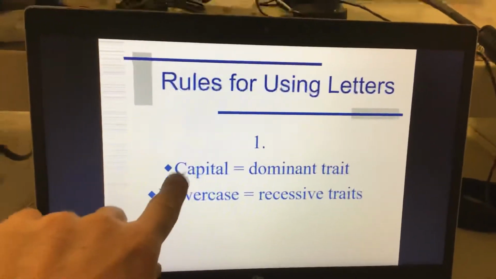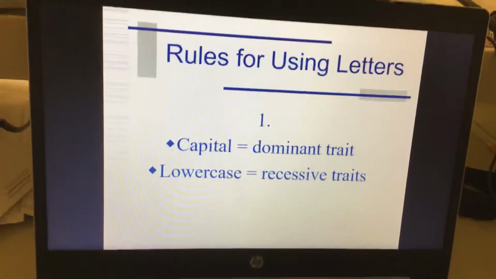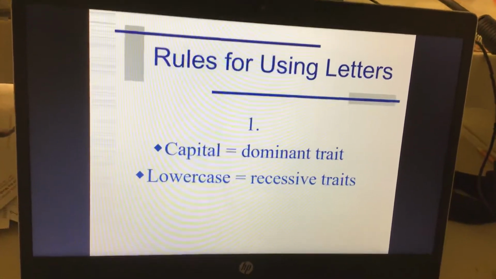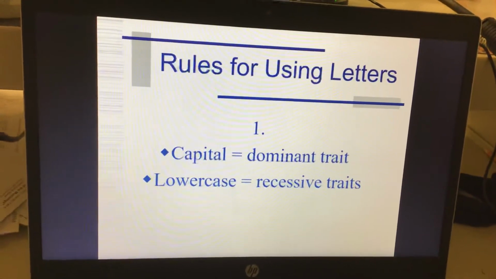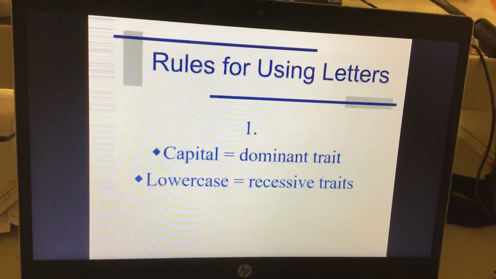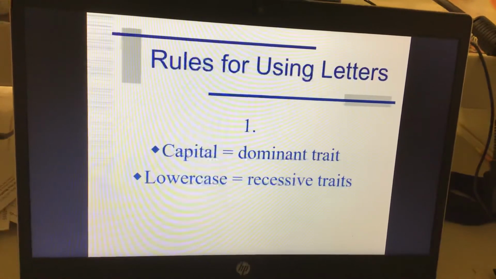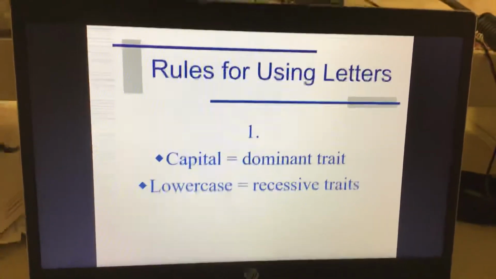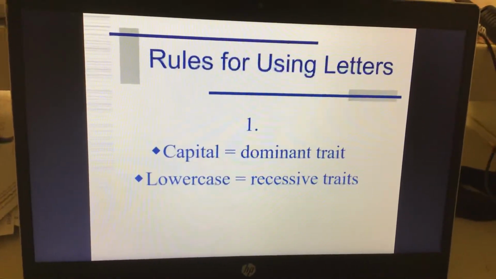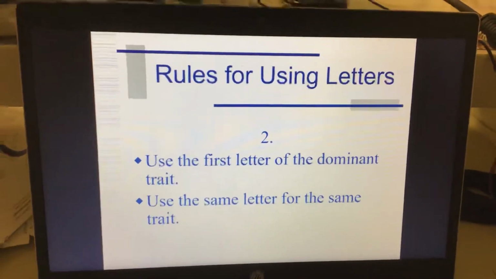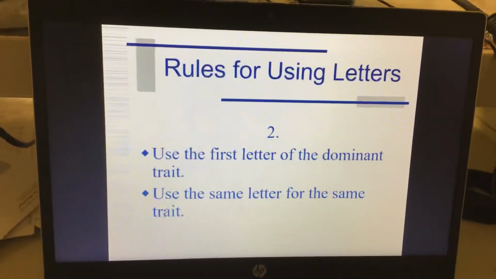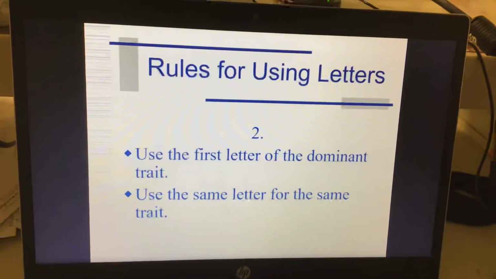I'd probably write this. A capital letter represents a dominant trait, and a lowercase letter represents a recessive trait. So a capital is dominant, lowercase is recessive. I'm guessing you probably know most of this. You don't need to write this. Don't worry about writing this, but you're going to use the first letter of the dominant trait and use the